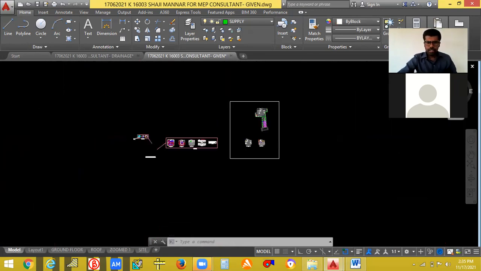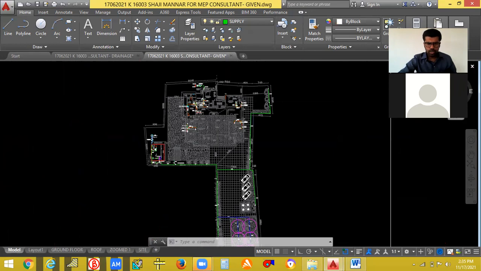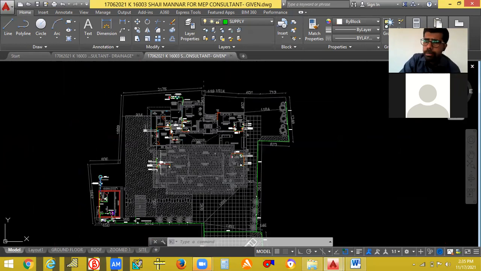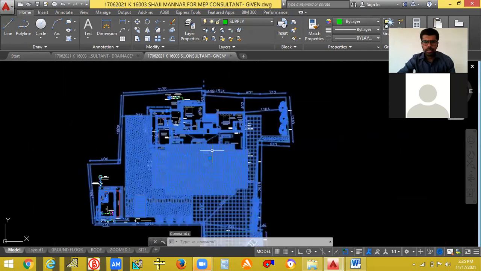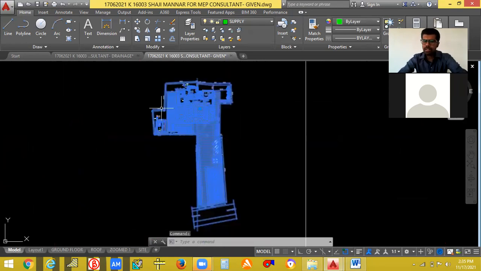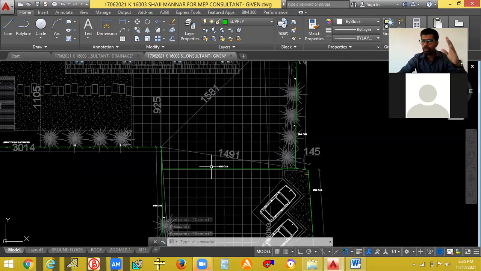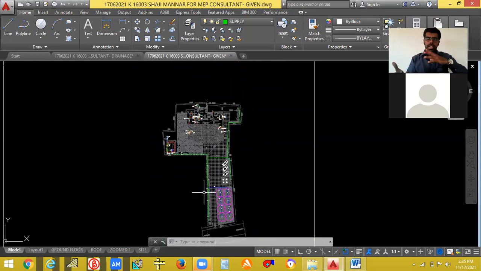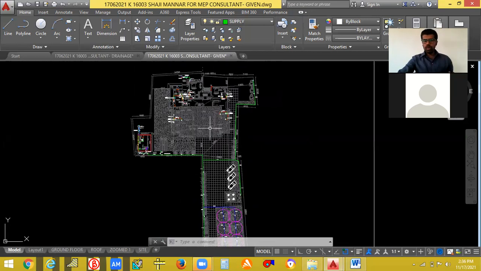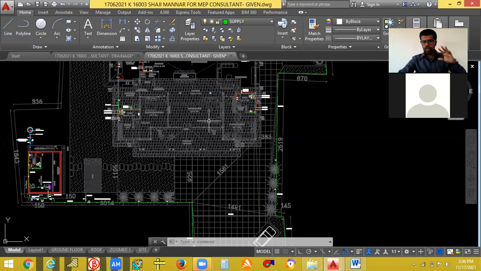And they have already given the site plan also to us. So this is the site plan. This I have already dimmed. Okay, the color has been dimmed. I have changed the color to a dim color, because only then can our line be shown properly. Otherwise, it will be mixing. Other red line, blue line, yellow line, all those things will be mixed, and we don't know which is our drawing. So that's why I have blocked this view, as well as changed the color of the site.